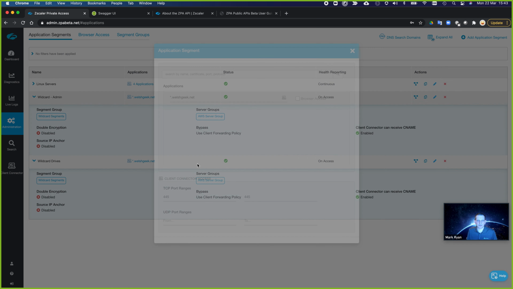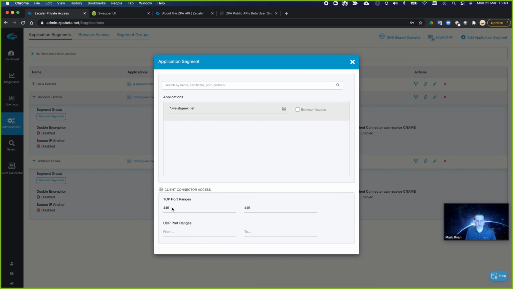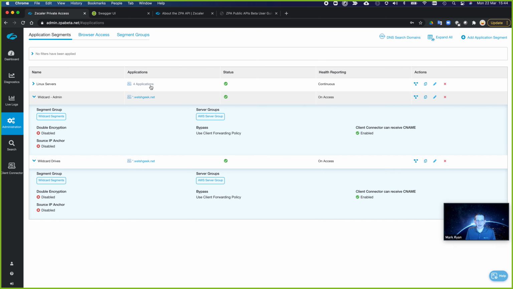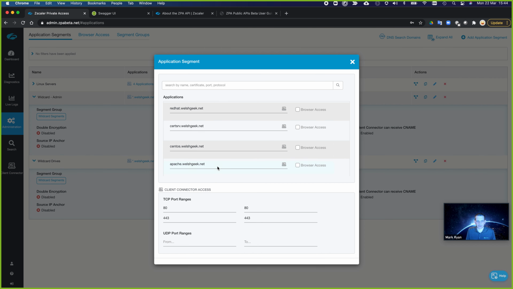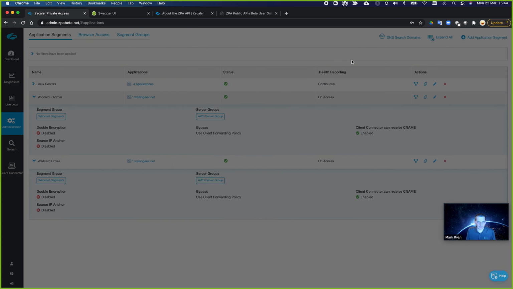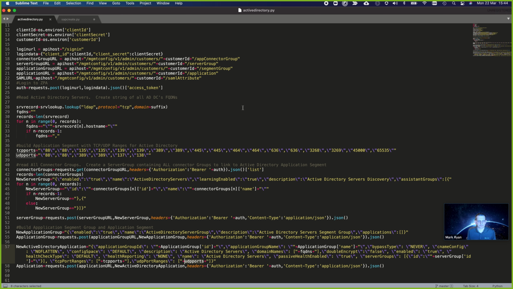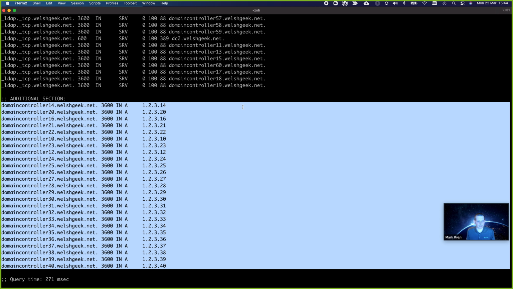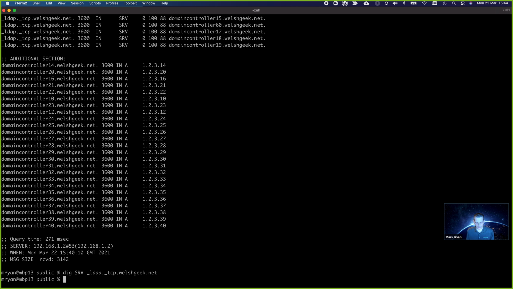I've got another one which is wildcard for drives, so I can map network drive support 445, but I can't do anything else. And then I've got a bunch of Linux servers which are only open on 80 and 443, so it's a very restrictive configuration. But let's go ahead and we'll run that